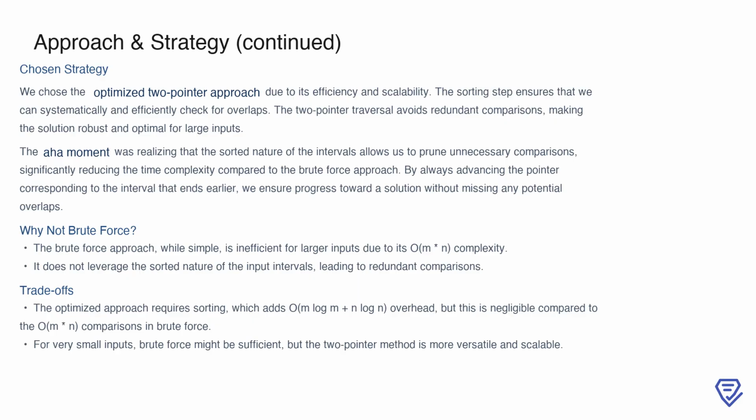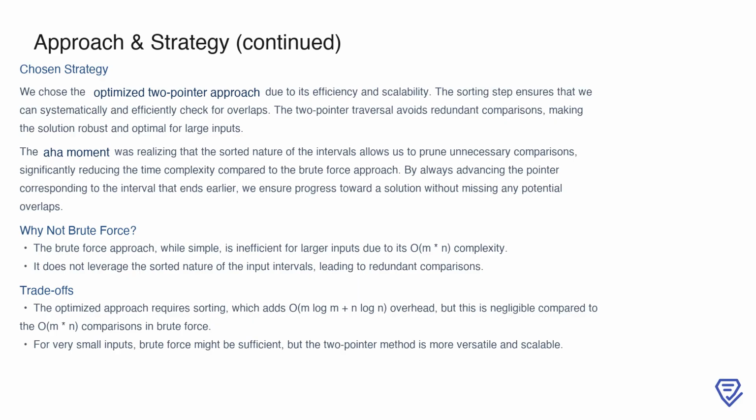By always advancing the pointer for the interval that ends earlier, we ensure steady progress toward a solution while maintaining correctness. Although the brute force approach might suffice for very small inputs, its O(m * n) complexity makes it impractical at scale. In contrast, the two-pointer method's time complexity of O(m log m + n log n) ensures faster performance and early termination when a valid interval is found. This trade-off makes the optimized approach not just more efficient, but also more versatile for a wide range of input